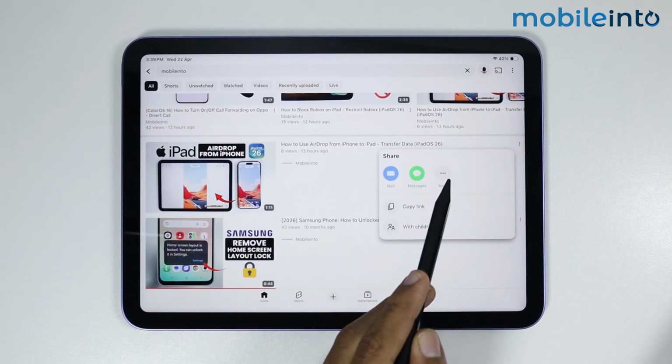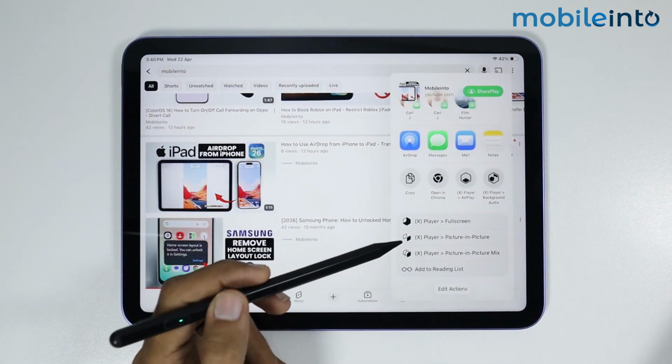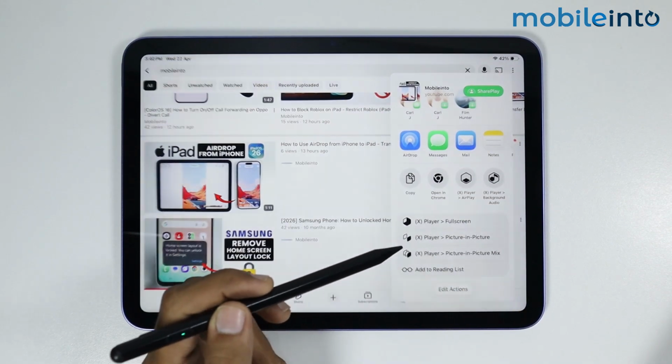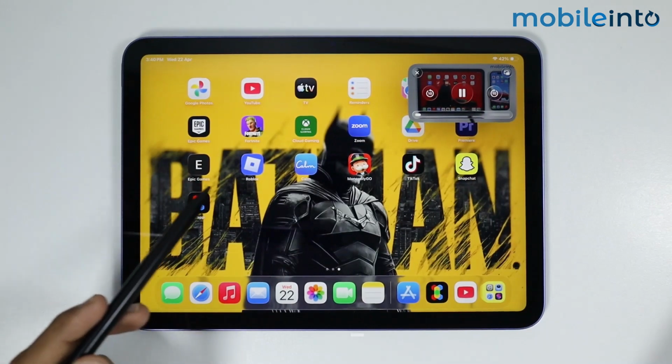Share. Now just tap on More, and from here just tap on More, and on this menu you will find the option for X-Player Picture-in-Picture. Now just select this option, and after you do that, you will be able to go to your home screen,